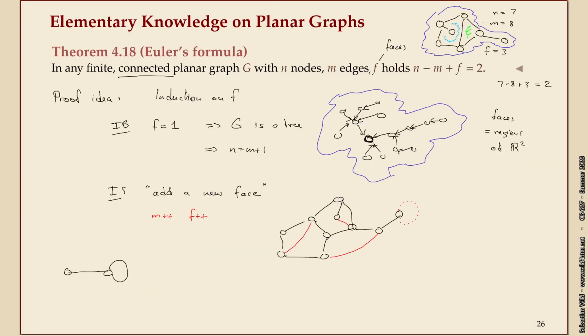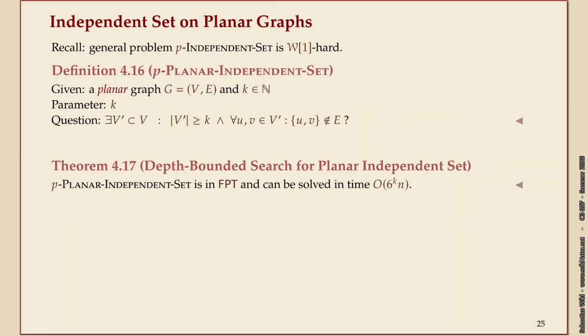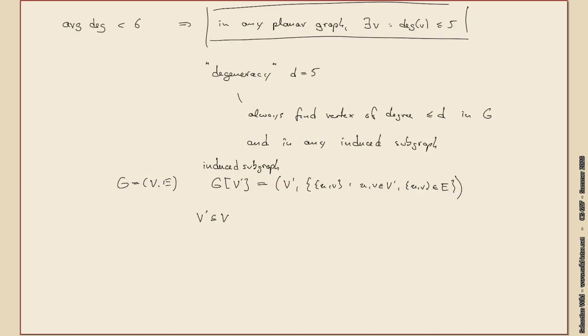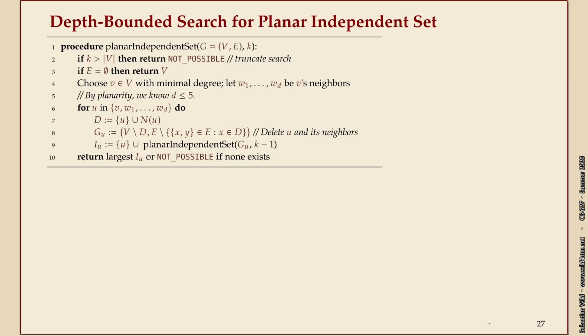Let me just go back to the claim that we had a while ago. The claim was, if I have a planar graph, I can find independent sets with that running time, 6 to the k times n. Now, this constant 6 popped up here as a bound on the degree or the degeneracy, so maybe this is not so far away. And indeed, the idea is